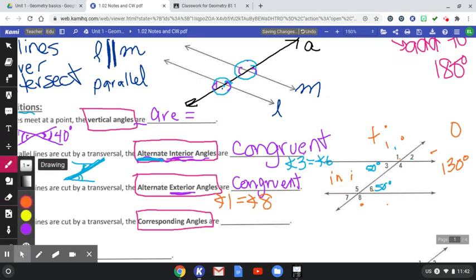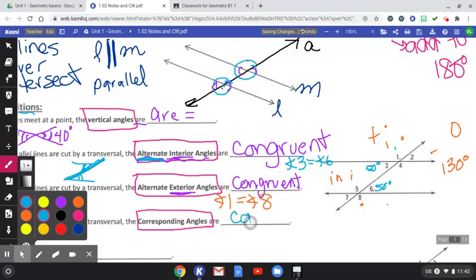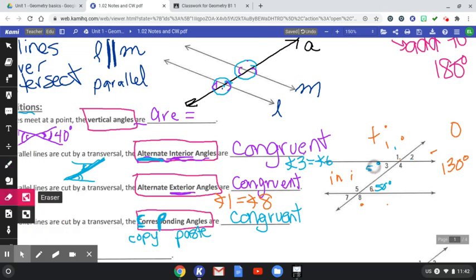What we're going to go back to is corresponding angles. And what I like to say with our corresponding angles is, again, they are also congruent. But I call these my copy, C, and the word corresponding has a C in it, right? So I call these my copy, and P, ponding, corresponding, paste angles. So that's my little trick to remember copy and paste. So looking back at the picture here,